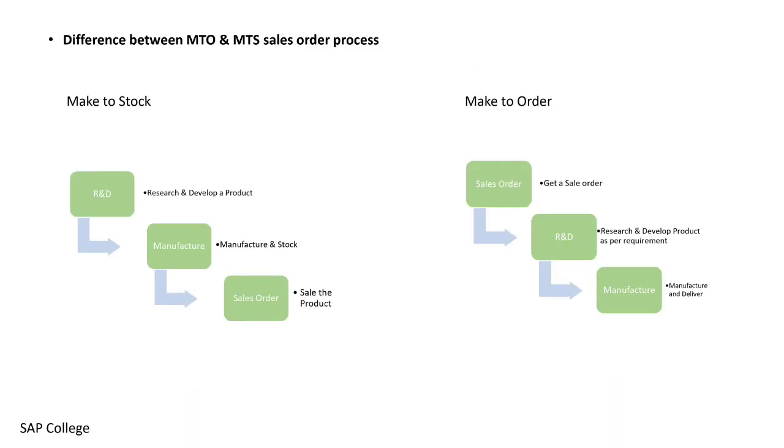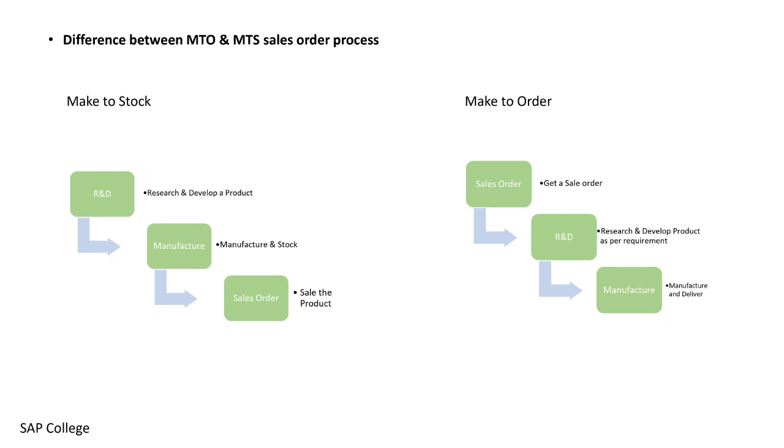One should have a little knowledge of the logistics area to know that sales orders have different types based on different purposes. There are sales orders which a company receives and which are fulfilled from the existing stock. For example, trading companies and fixed-product companies like Asian Paints and Tesla. This type of sales order is known as a make to stock order because it is fulfilled from the existing